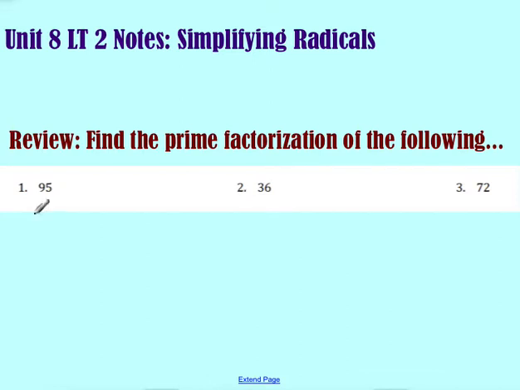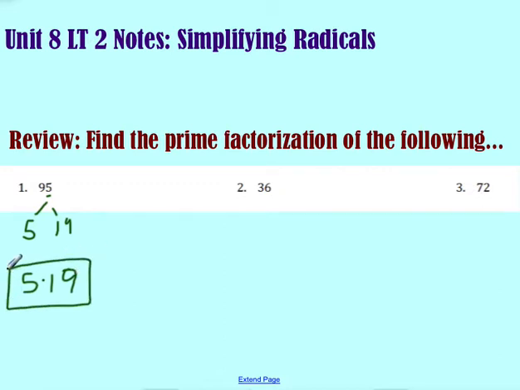When we talked about prime factorization, we were talking about splitting up the 95. Remember what I talked about: when it ends in a 5, you know that it's probably going to be a multiple of 5. So I took 95 and divided it by 5, and found that it splits into 5 and 19. Well, 5 can't be split up anymore, and neither can 19. So that's going to end up being 5 times 19